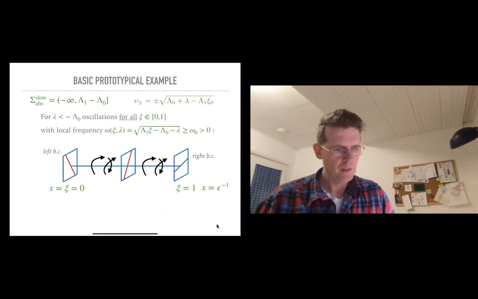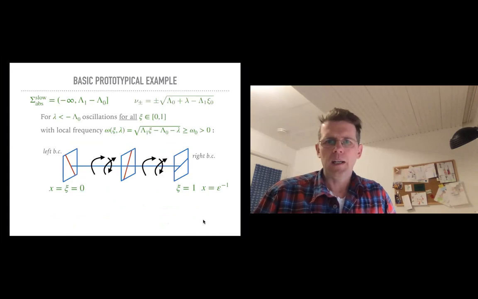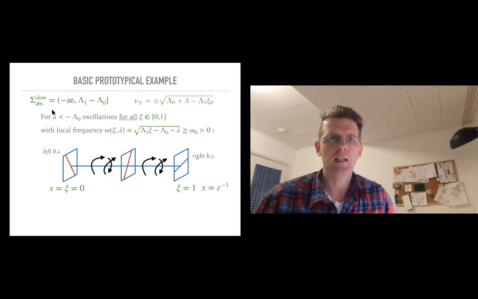Okay, so how does this now relate to accumulation of eigenvalues, this preparation? So far, I've just explained how the definition of the absolute spectrum fits. And first, I want to give you a heuristic explanation how it works. Here's just again the setting, and I'm choosing now a lambda which is less than minus lambda 0. Why do I do that? That's because in this case, I'm going to get oscillations for all xi in 0 to 1, not only for some xi. Because xi equal to 0 is then removing this part here, and this discriminant is still negative under the condition that lambda is less than minus lambda 0.